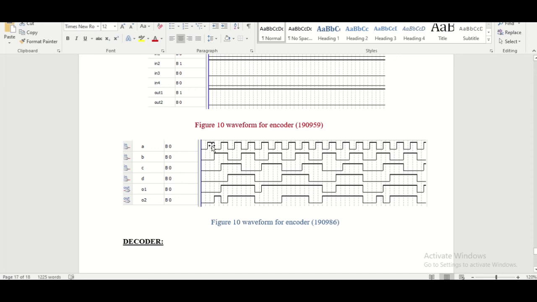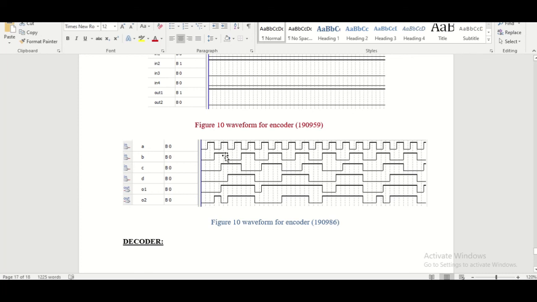Here you can see, for the combination, A does not affect any of the values, so we will start from B. Here you can see for the input where B is equal to 1, others of them are 0, 1, 0, 0, we get the output 0, 1.